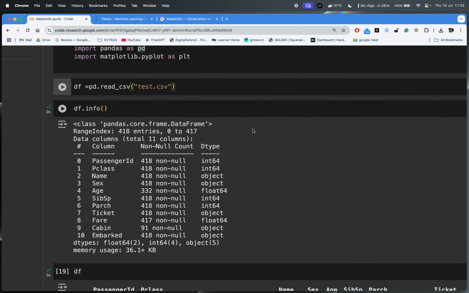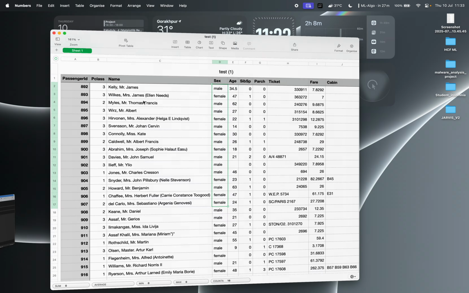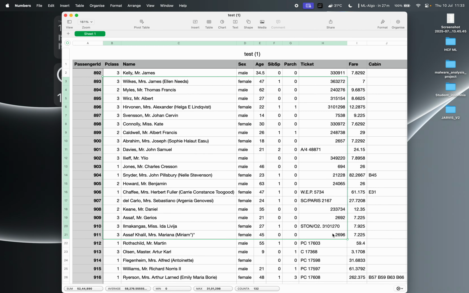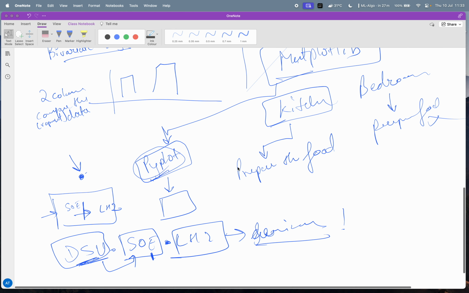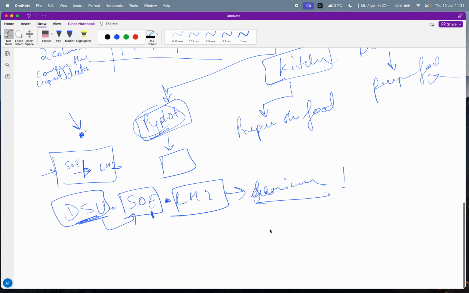Any doubt? CSV stands for comma separated values. You should know. Good question. Comma separated. And then df.info. What is df over here? First of all, I'm calling this data. Which data? Which I have shown you over here. This whole data I'm calling into a variable